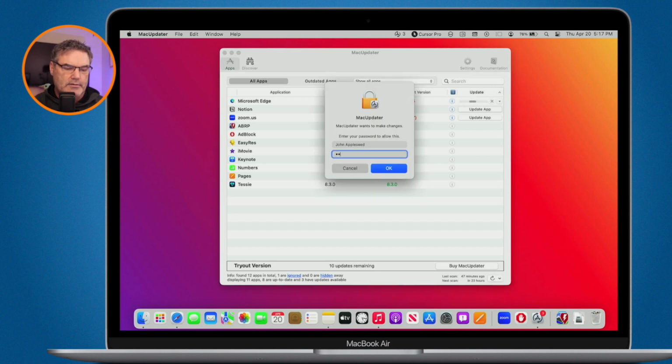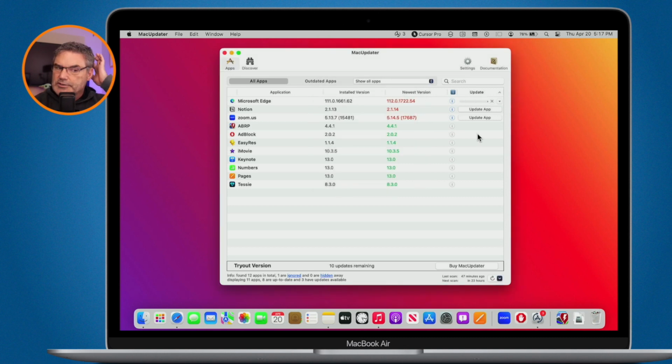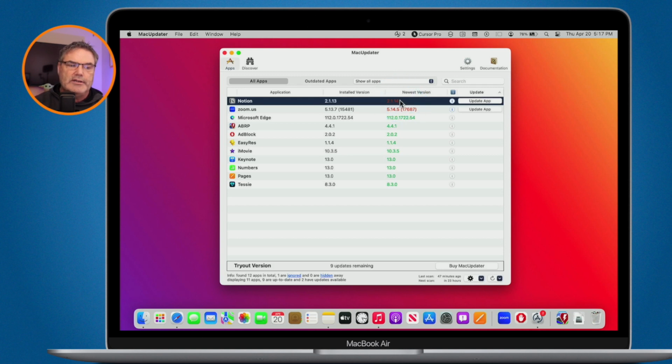The other thing that you want to be mindful of is you don't necessarily want to update some apps, because sometimes when you update an app, it turns into a paid version, or you're upgrading to a newer version, and then all of a sudden you have to start paying for it. So this can also help you with that. You're able to prevent a specific app from updating because you don't want to upgrade. You're using an older version of it, working fine for you. You don't need to pay for the subscription or anything like that. You're able to do it with this.